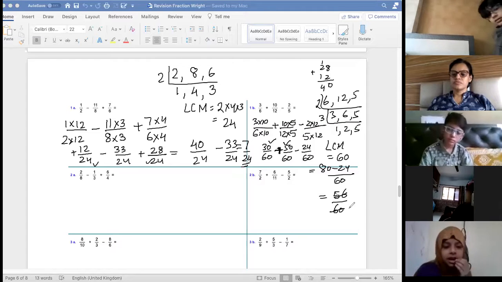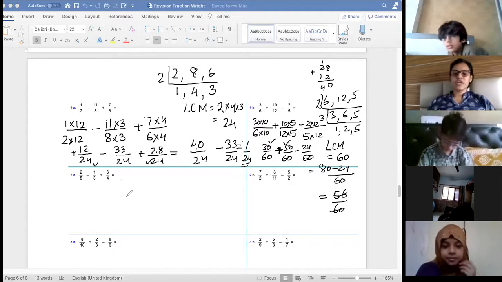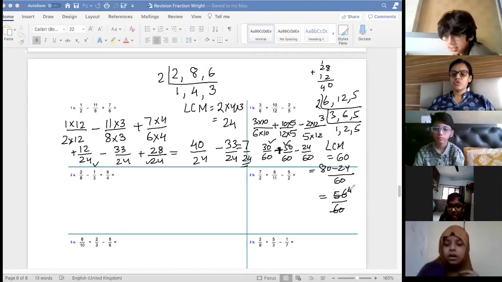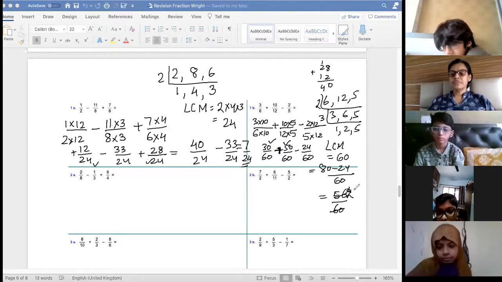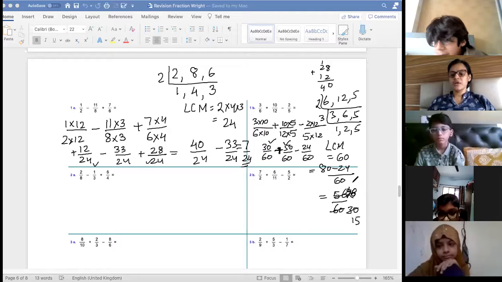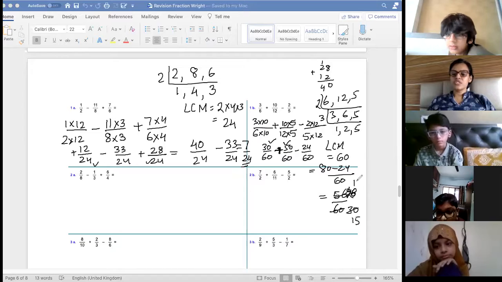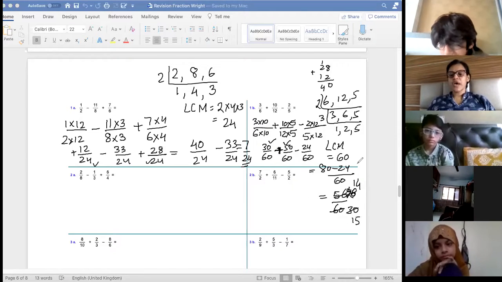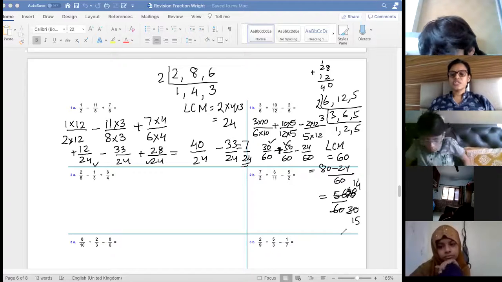Ma'am, can I say the next one? Yes. Next one, you be ready with the LCM and all, okay? Do the lowest form. Who will do the lowest form? First number, 2 say I will divide. Yes. 2 28s are 56, 2 30s are 60. 2 2s are 4 and 2 6s are 12. Sorry. 2 8s are 16 and here 2 3s are 6, 0. Then again 2 say, 2 15. No, ma'am, it can go from 3. 3 6s are 18. Later 3 we'll deal. Wait. 2 1s are 2, 2 4s are 8. Numerator doesn't go by 3. So your answer, 14 by 15.